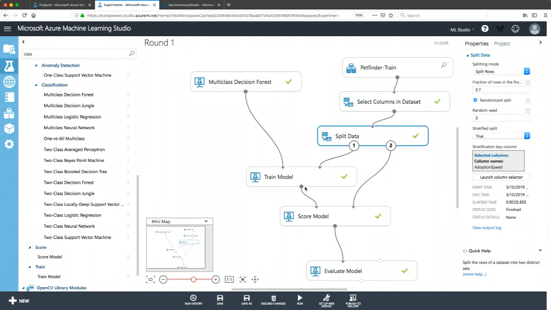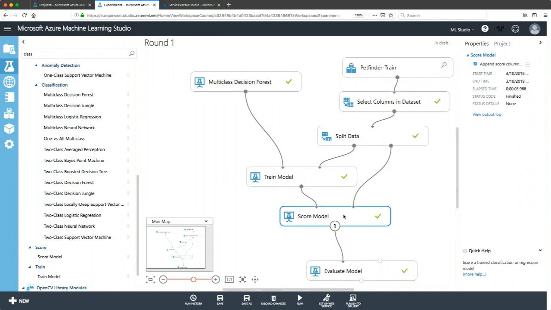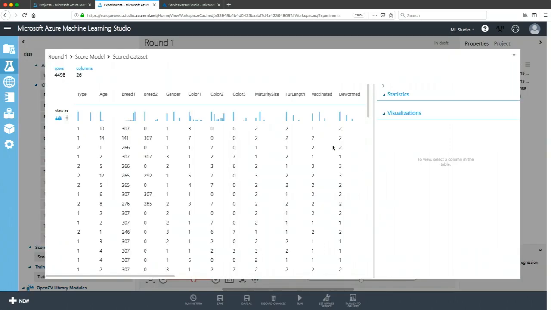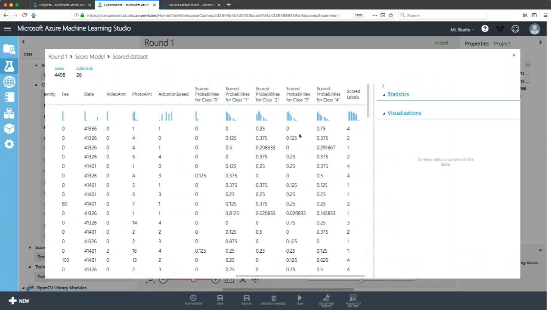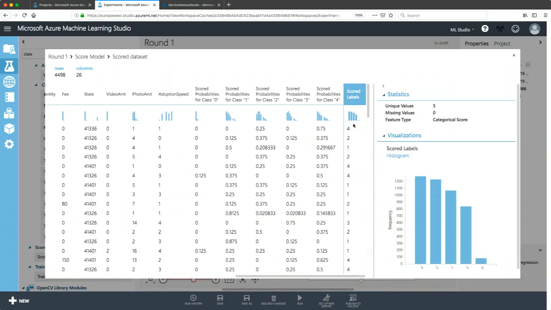And I'm running this trained model through a score model module. Everything is a module here. It gives me basically the entire data set plus some new columns: a scored label column, which is what the model predicted the adoption speed would be, and some probabilities for classes 0, 1, 2, 3, and 4.